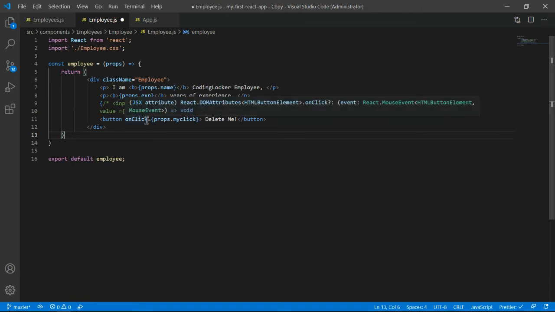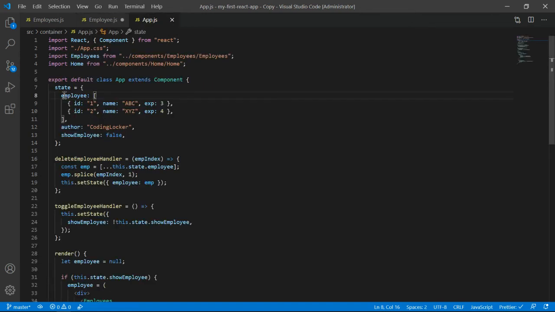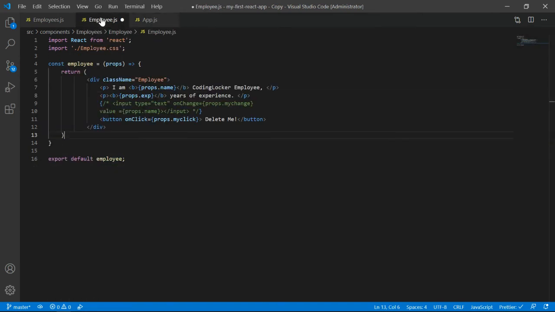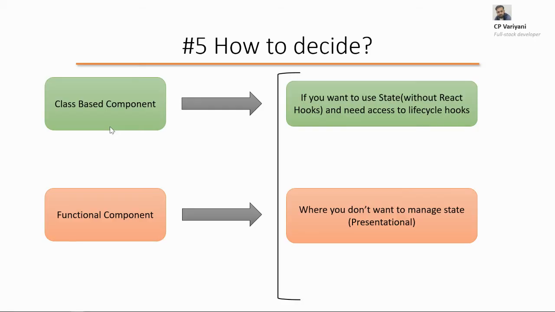So that's one recommendation. Second, the functional components are called presentational components, so try to create as many functional, stateless components as possible. You should get rid of the state if it is not required, and even if it is required, combine it, so that a generic component modifies the state on behalf of maybe 10 other components. So try to write as few components as possible that are actually managing the state. These are the two things you need to keep in your mind.